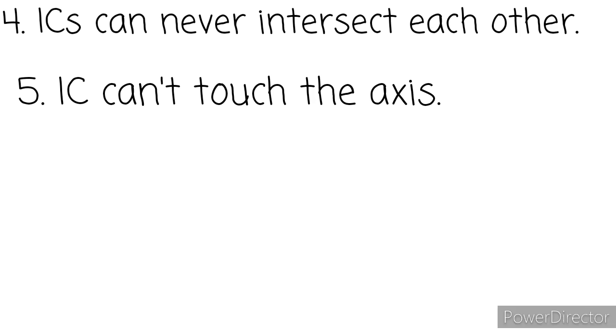Before that, let us properly discuss the last property, that IC can't touch the axis. Look, suppose the IC is touching the x-axis. What does that mean? That means bananas consumed are 0. And as we say that there are two goods, apples and bananas, we are talking about a bundle which provides you two goods. So it is a contradiction of that. And with the same logic, if the y-axis is touched, then it means the apples are 0. So it is not possible. That's why IC can't touch the axis.